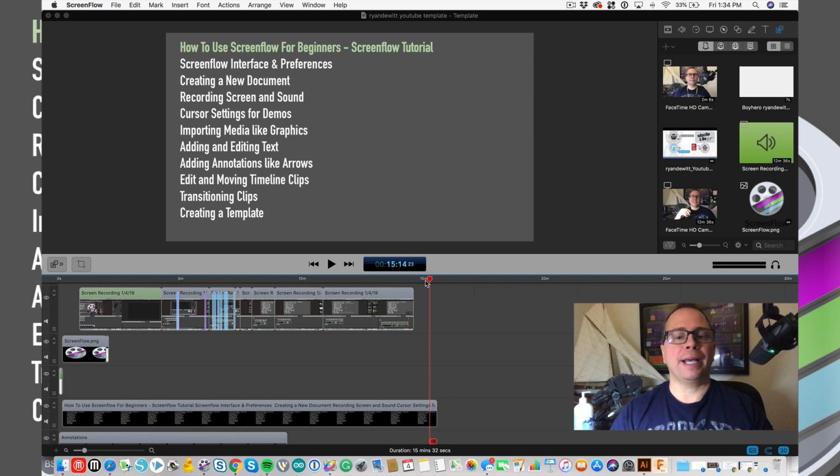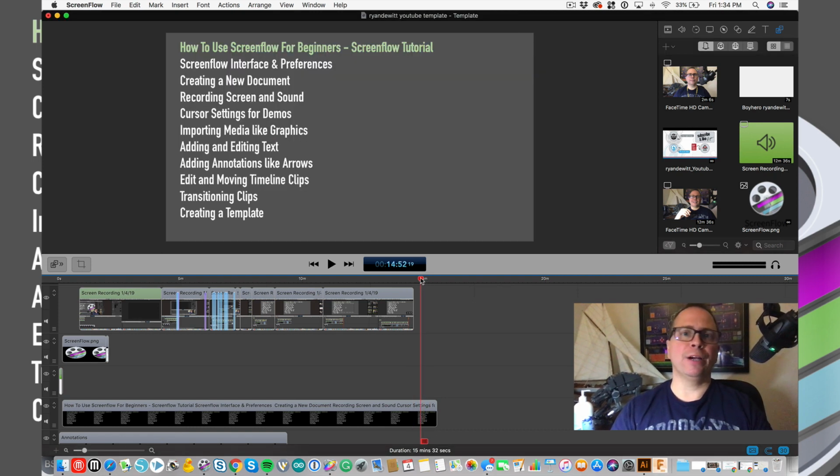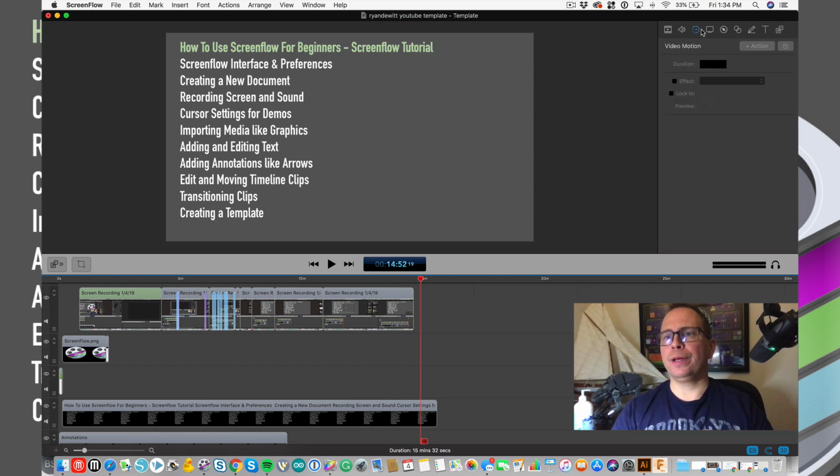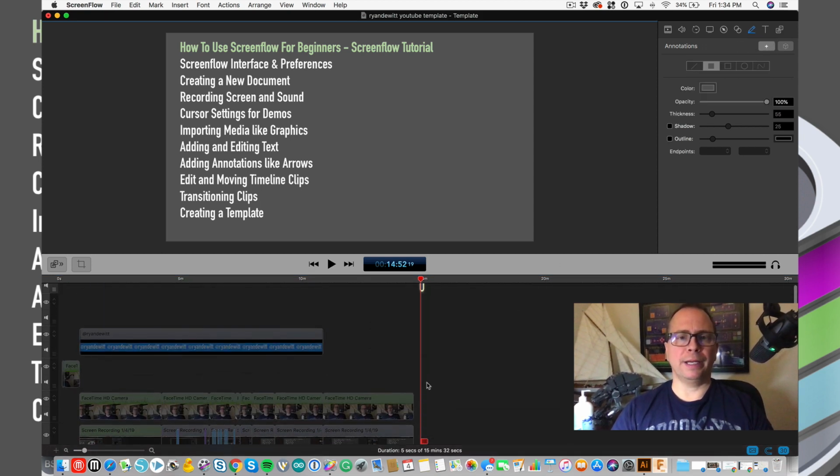Now we're going to talk about annotations. Annotations are things like arrows and stuff like that, right? Arrows. So I think it is the 1, 2, 3, 4, the 6th, the 7th icon on the right. I'm going to use the plus sign. That will drag